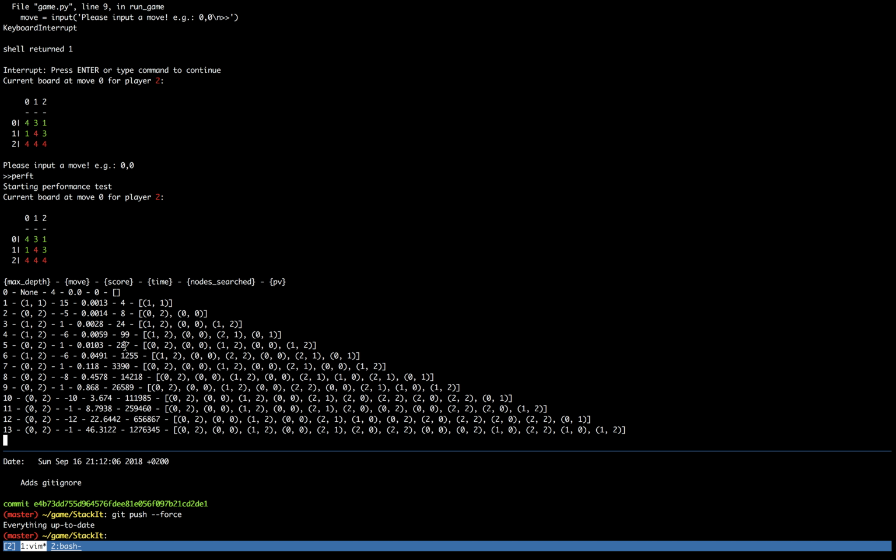And this will speed up the search by a lot because we will know which was the best move in the previous depth, and this is the one that we're going to play